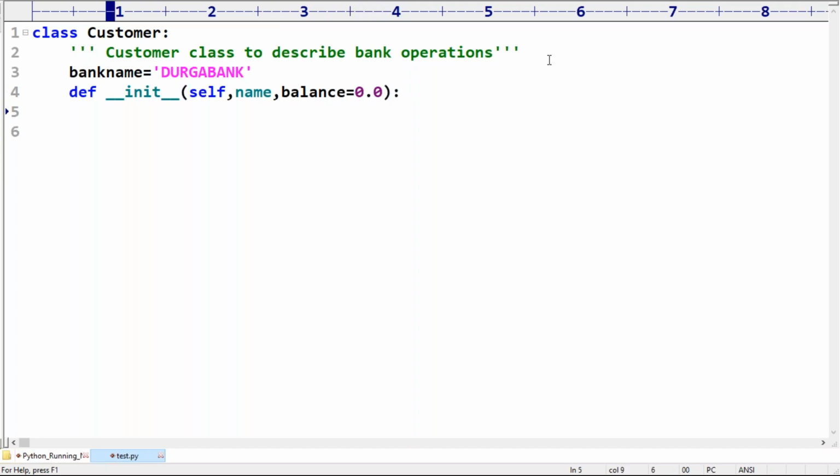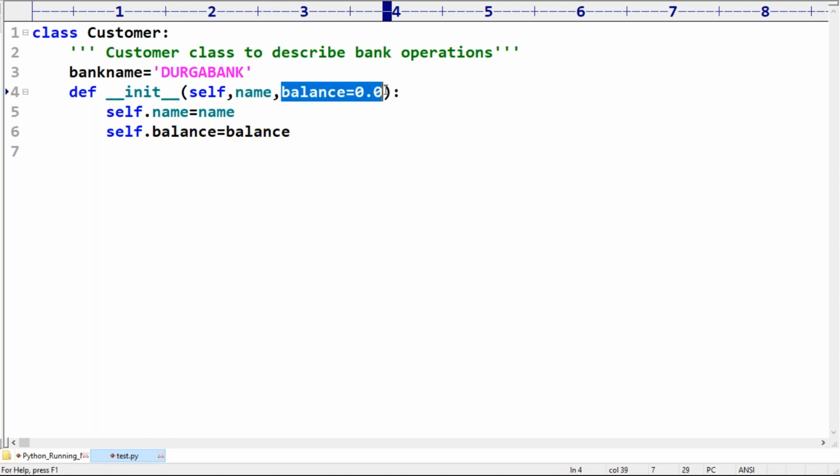Then self.name is equal to name, self.balance is equal to balance. Here, if you are not passing the balance variable, can you please tell which value is going to be considered?